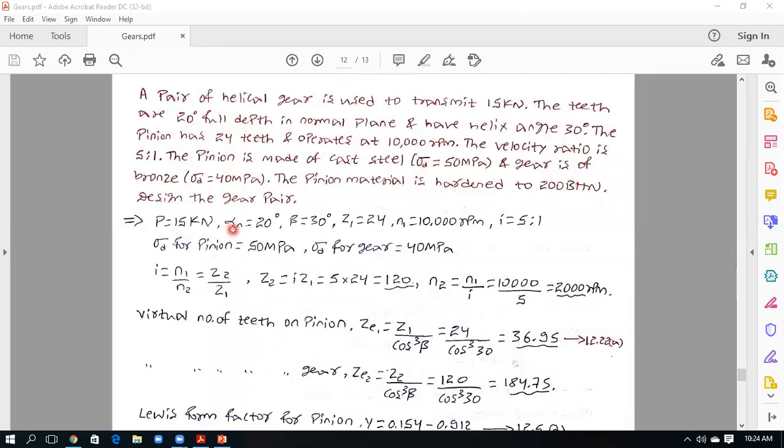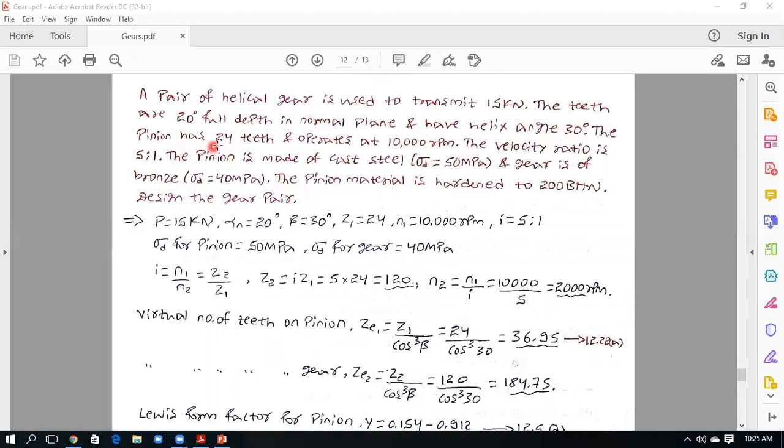Therefore, alpha n is equal to 20-degree full depth, and have helix angle 30-degree. Helix angle, as I told you, is denoted by beta. Beta is given, it is 30-degree,